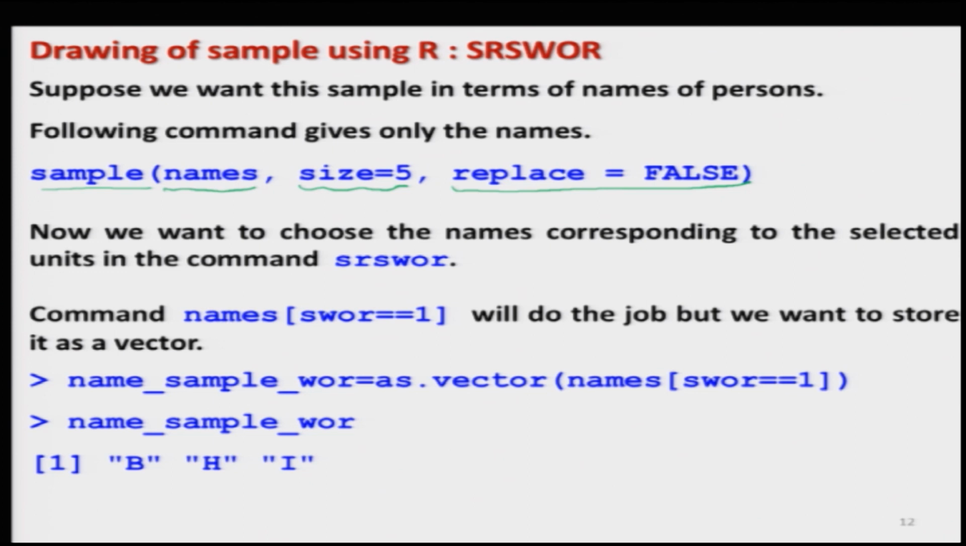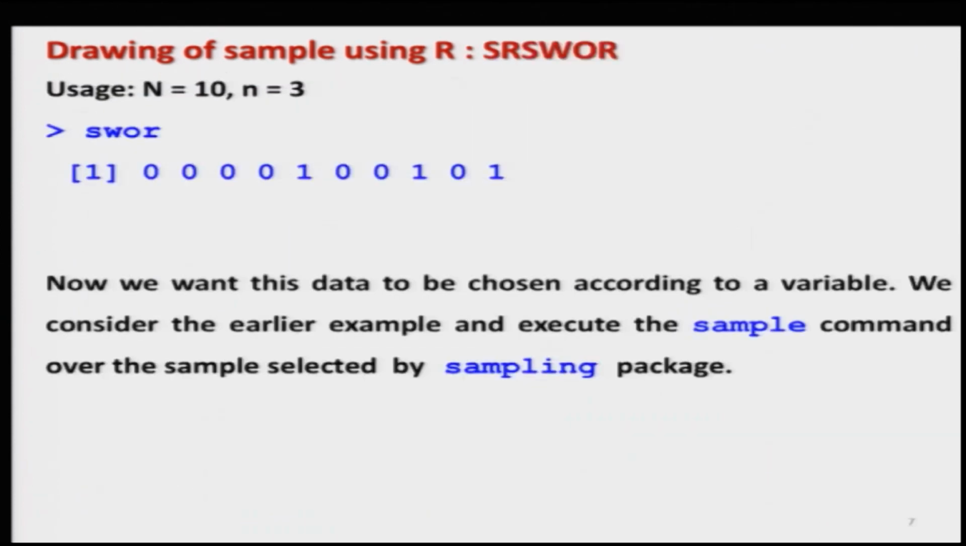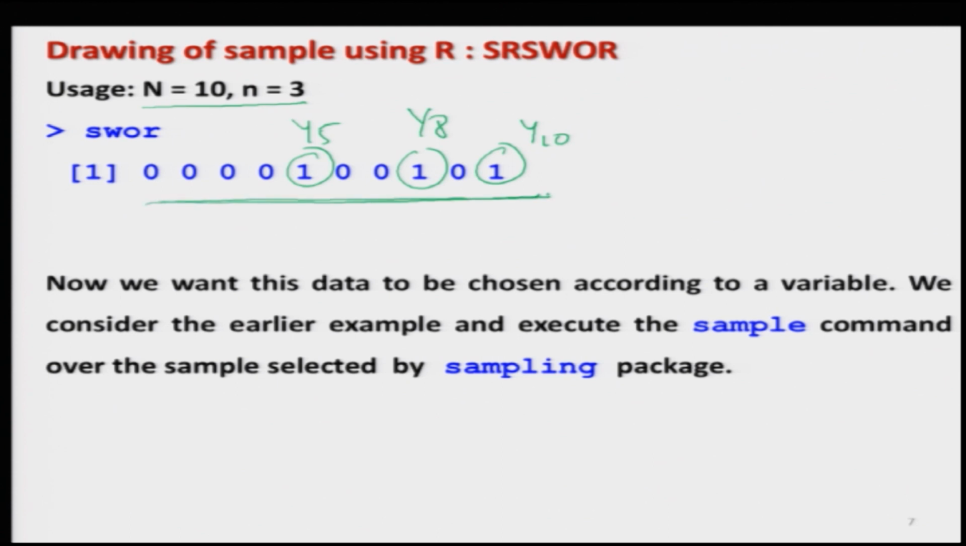SRSWR, and if you try to see here, I am just using the data set which we obtained earlier. In this example also I had considered capital N equal to 10 and small n equal to 3. So my SWOR values are something like this, and here this is my 5th value, this is my 8th value, and this is my 10th value. Now, my objective is this, that I have got a sample in terms of zeros and ones using the command